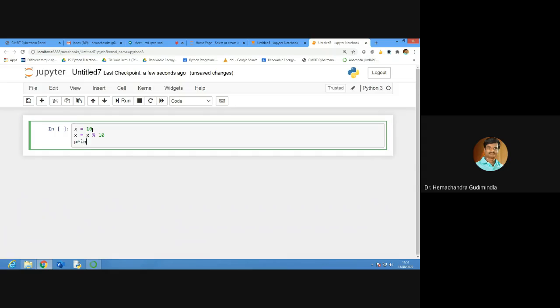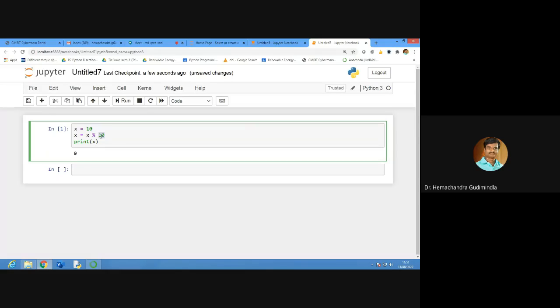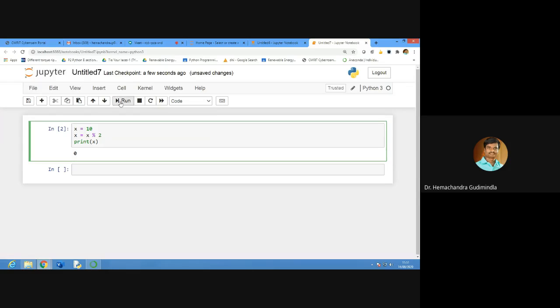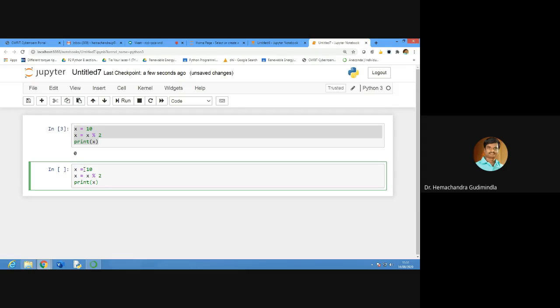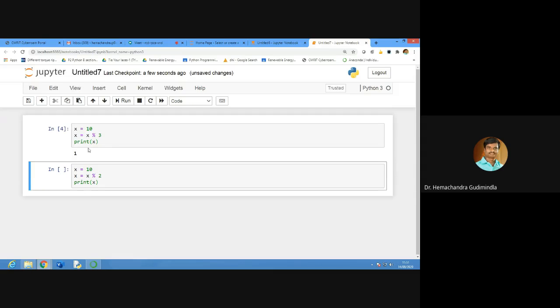Now print of x. Will you get 0? I will give some other number, x percentage 2. 0 again. Remainder anyway 0, no? So 3 I will give. You will get remainder is 1.